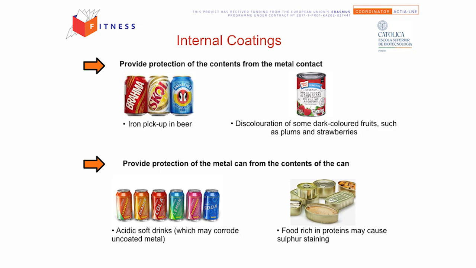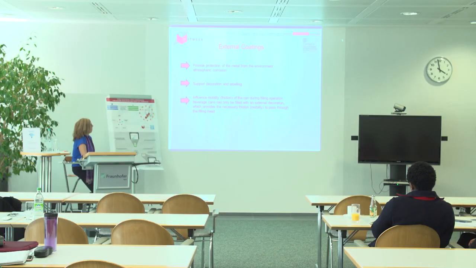So the coating is required to protect the can from the food, from these types of interactions. Then we have the external coating, which is also important to avoid corrosion from the environmental